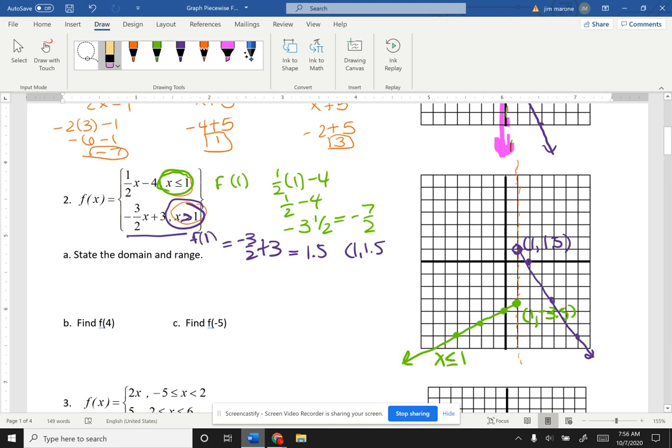Now for the domain and range, again, this graph starts at 1 here, and it goes to -infinity, and it pops up over here, and it goes to +infinity. So the domain is -infinity to infinity. The range